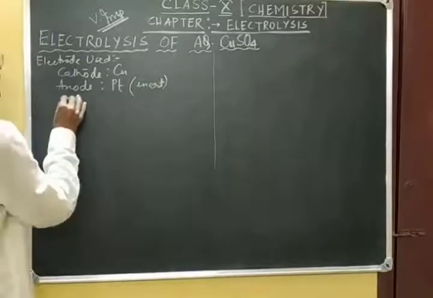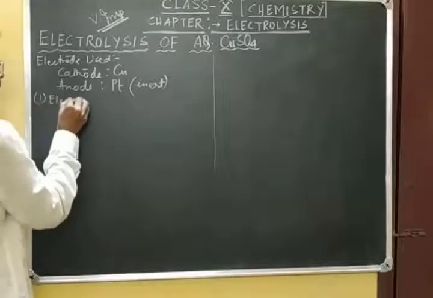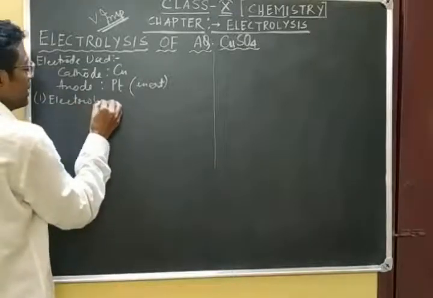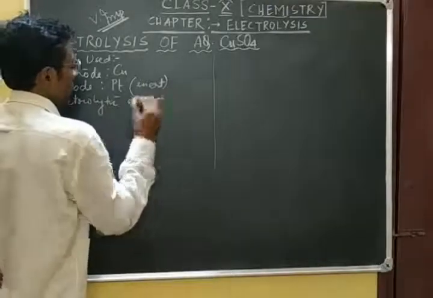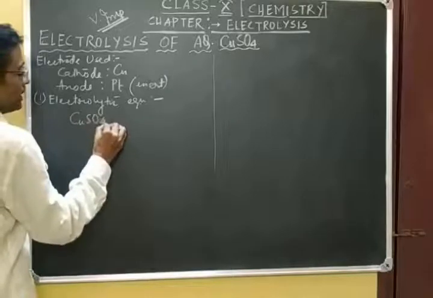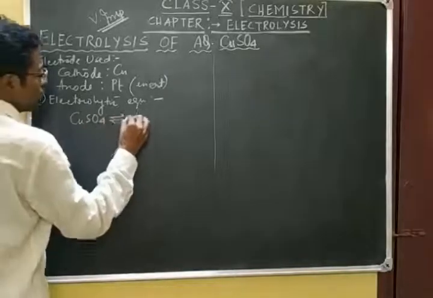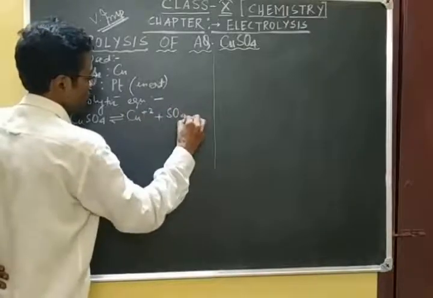So for electrolytic reaction number 1, I will write the electrolytic equation. Copper sulfate will be dissociated into Cu plus 2 plus SO4 minus